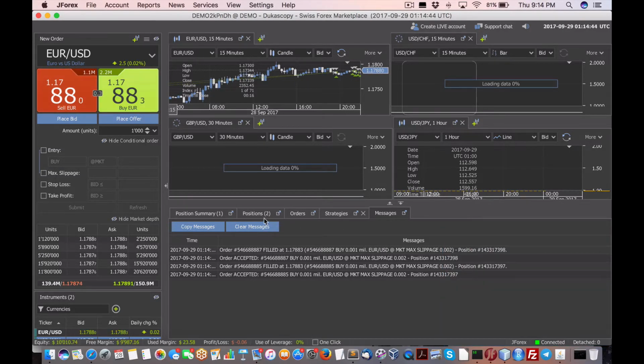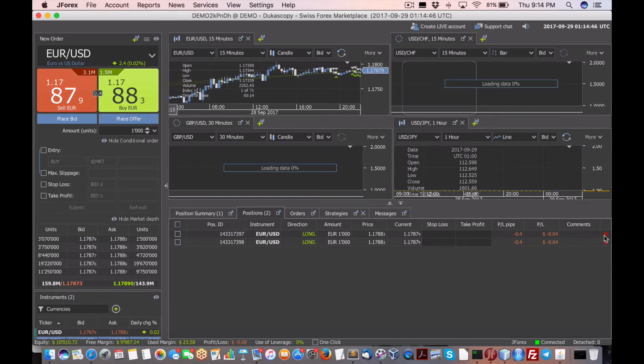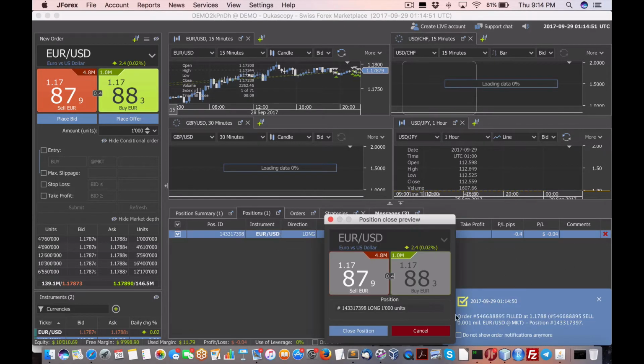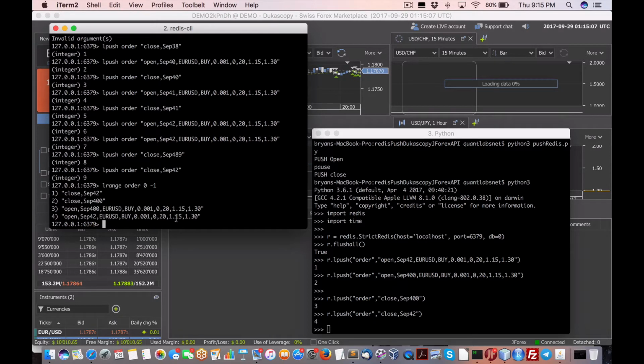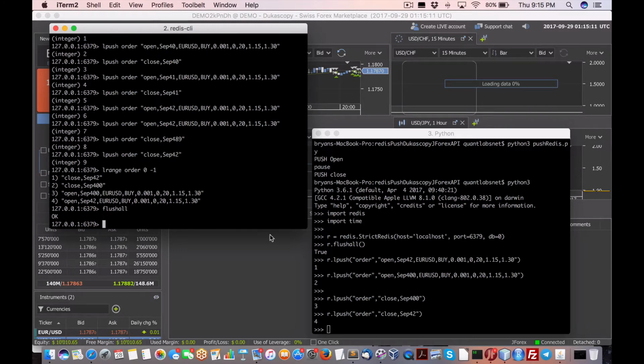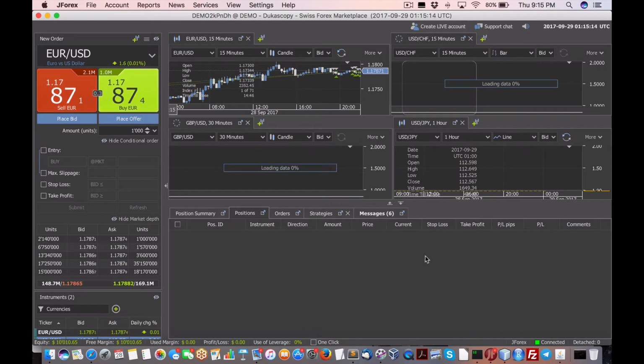Something happened there. Let me just kill those for whatever reason. I'm going to close these. Something tells me that if I do an L range, I can show this as well. What's residing in the database? I think nothing got flushed out. So there you go. These orders were still in there. So if I do a flush all, that will empty out the database. So I should have done that before I restarted recording. Anyway, so we should have a clean slate now